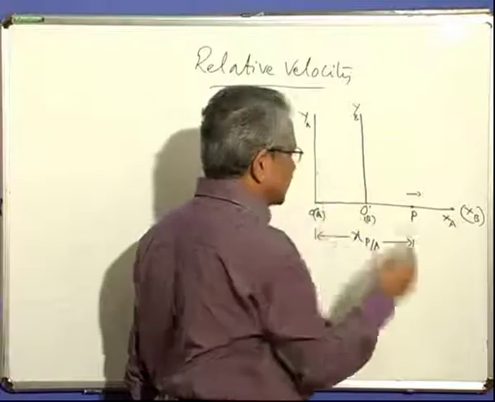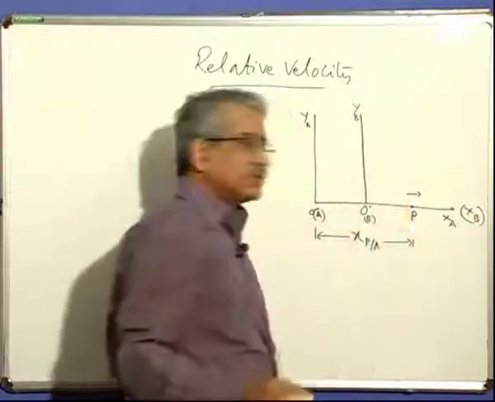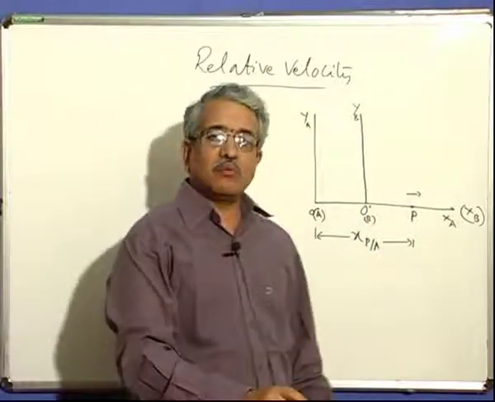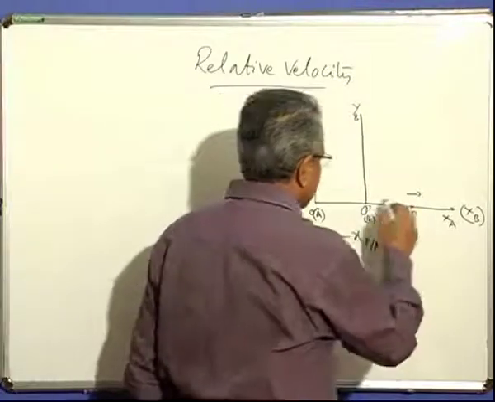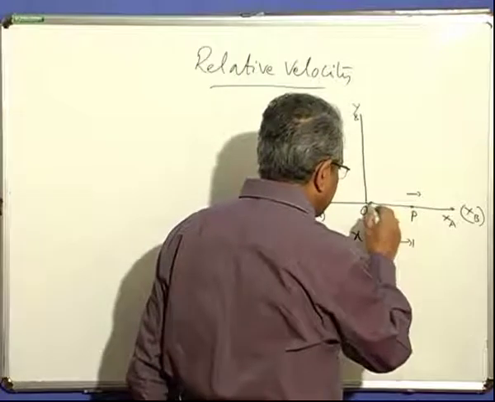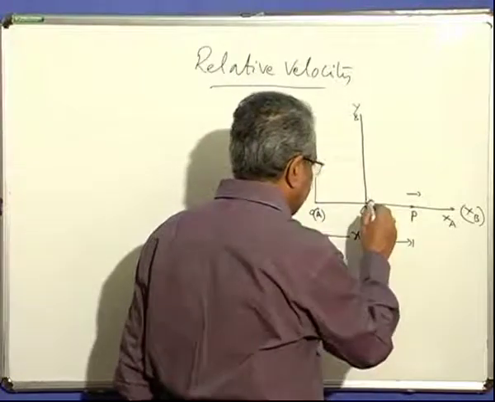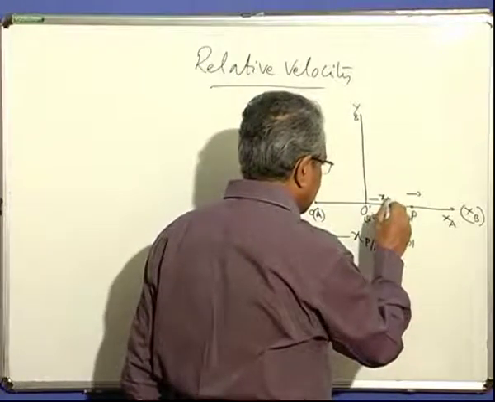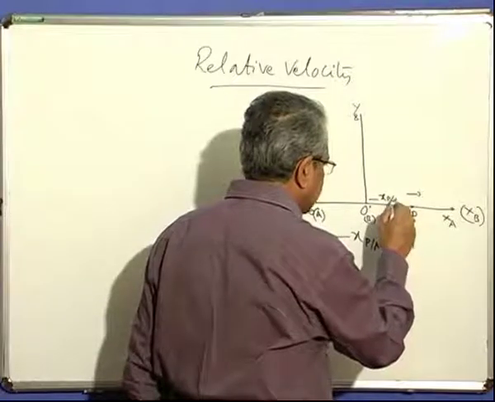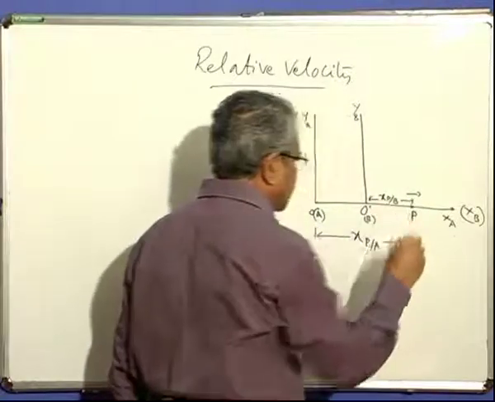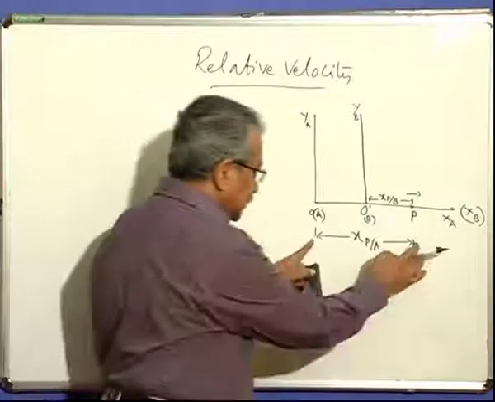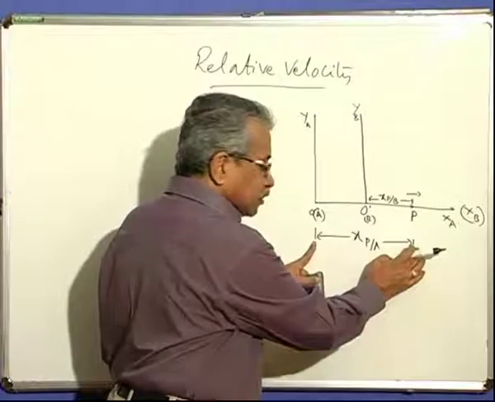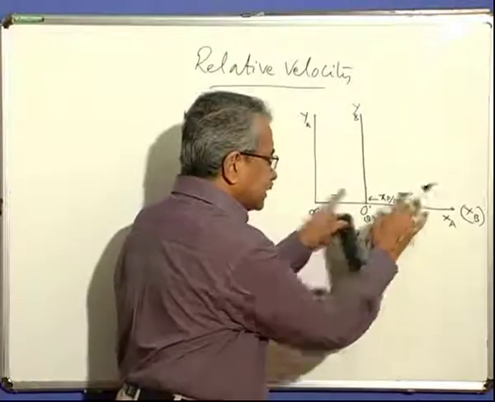It is very much the same as that, only thing is the y-axis is not the same in both cases, because we are trying to consider the movement along one dimension only here. So in this case, the observer here finds the position of the particle P as here. We call it the position of P as observed from B, the observer B. So the position is here like this as observed by A, as observed by B it is like this.